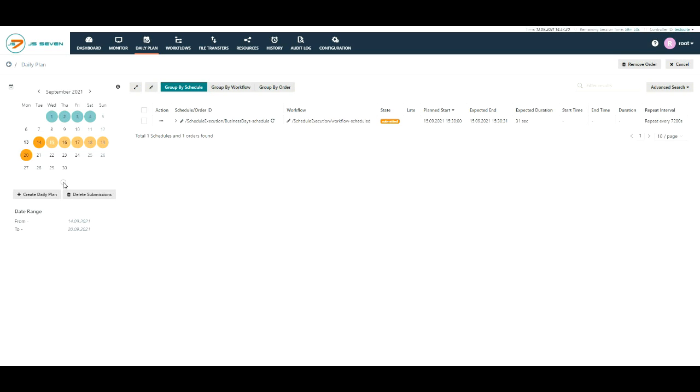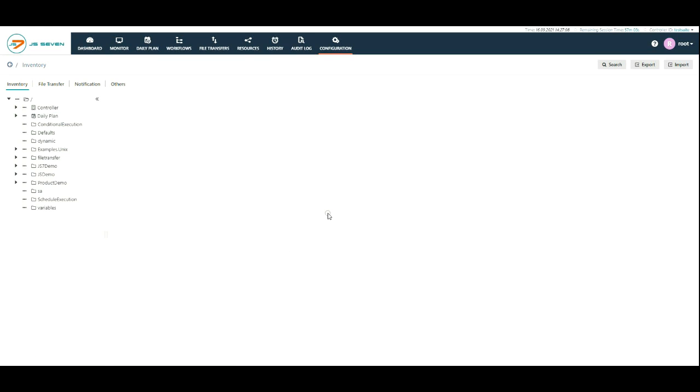Also, we can start the daily plan service manually or wait for the planned execution. But make sure that with this, all the orders will be recreated. It will not only recreate the orders for the changed schedule. The overwrite option has a false value when the daily plan service creates or modifies the variable value in the schedule for all the orders generated in the future.